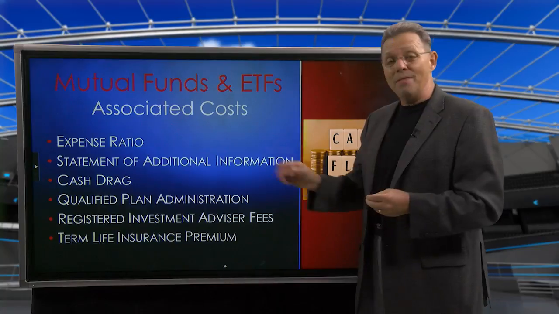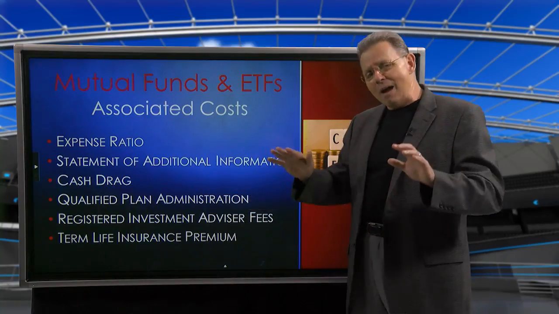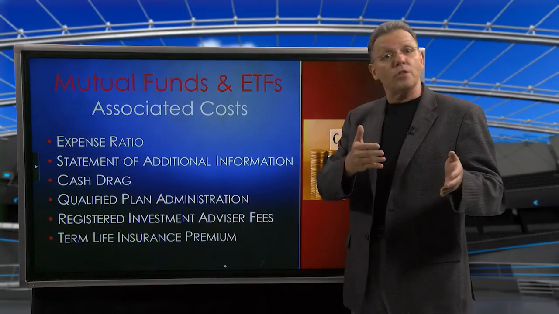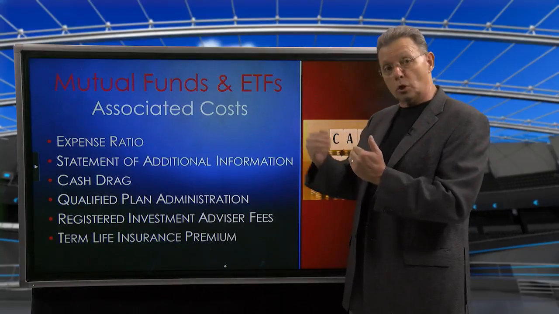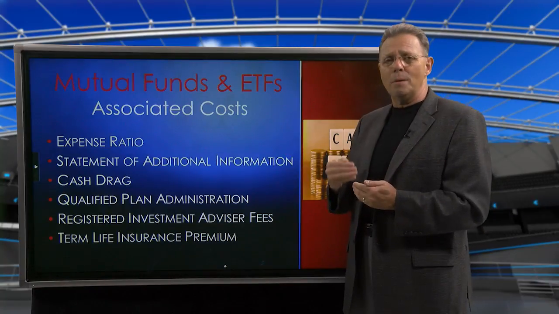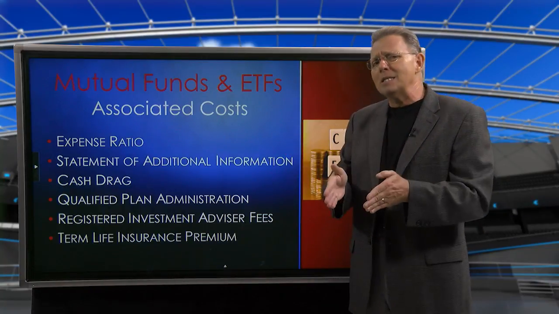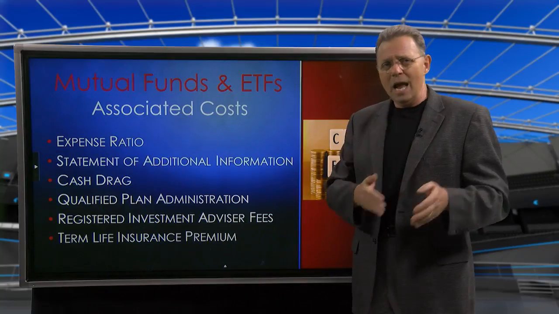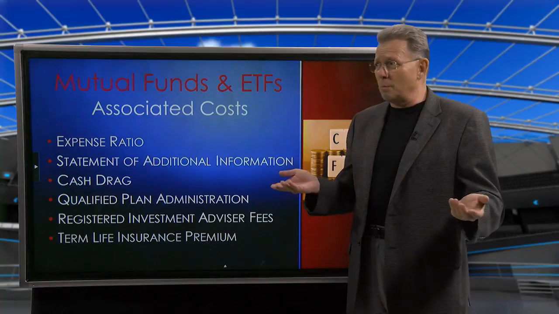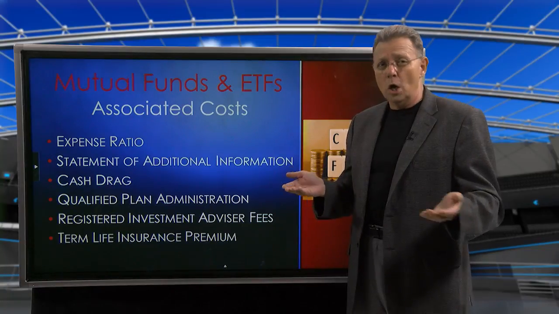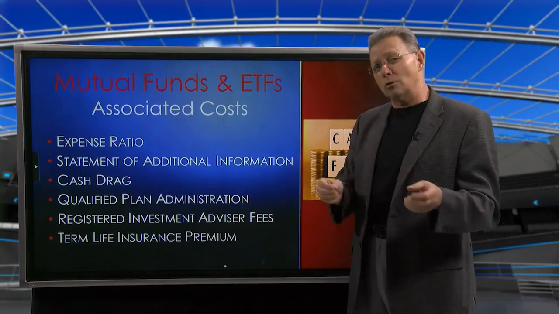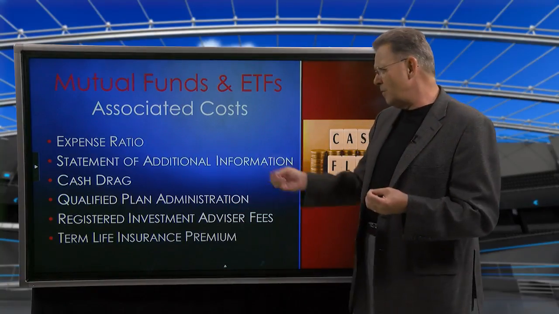That's on top of whatever the average expense load is, which I'm using right now as 80 basis points for mutual funds. And then there's a cash drag. The average mutual fund's cash drag, because they have to keep money liquid and in cash for the net asset value, the surrender or the termination at the end of the day. And that number could be an additional 83 basis points because they're keeping some of this money in cash for liquidity, and they're not really putting a lot of credit into it. I think it's probably on average about 0.12 credit to their cash positions, but all these other expenses are eating into that. So there's a thing called cash drag, statement of additional information.